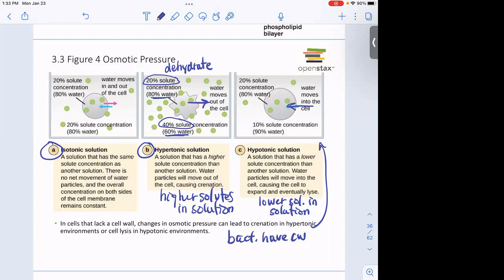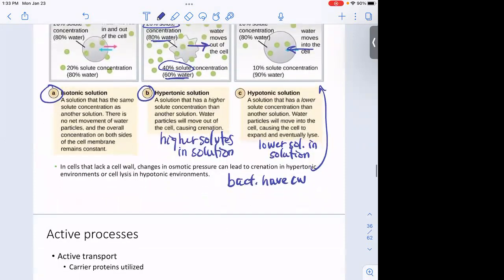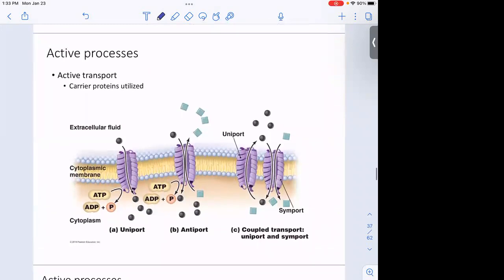I kind of stumbled through that a little bit. I apologize if that is something that's confusing to you. Make sure you get straight on that. Come talk to me about that. That's one of those big concepts in biology that you as a science college graduate should master. So those terms, remember, talk about the solution that the cell is in, hypertonic, hypotonic. And water is always going to move from a high concentration of water to a low concentration of water.